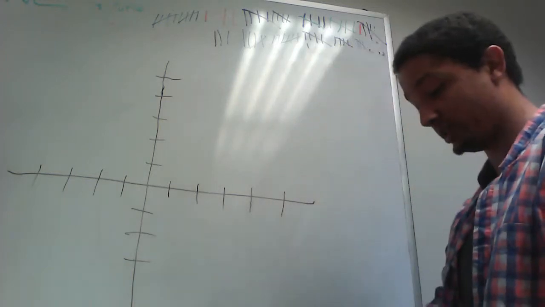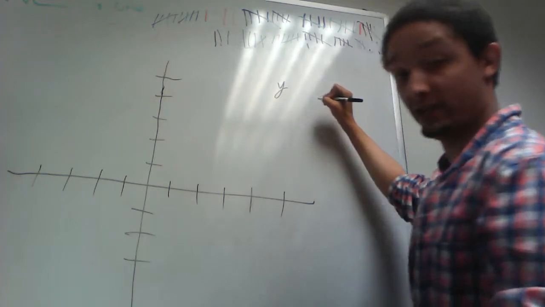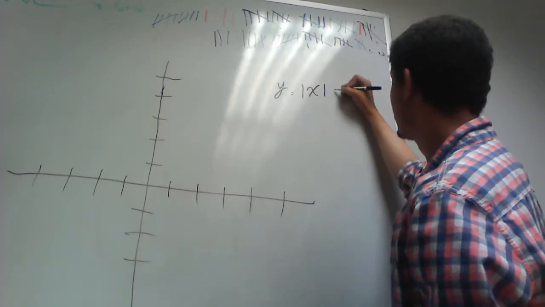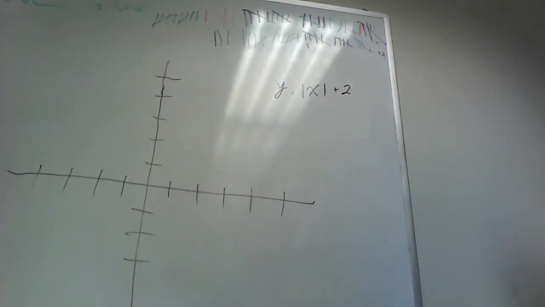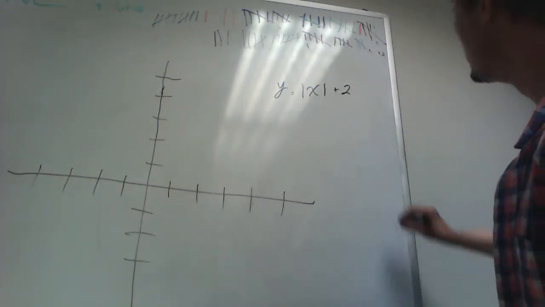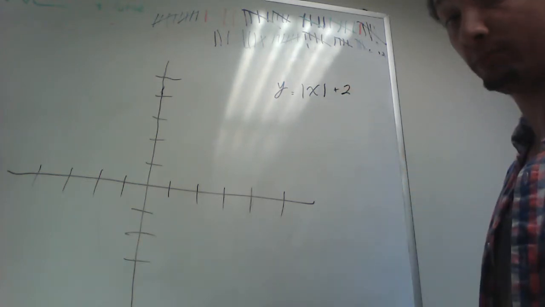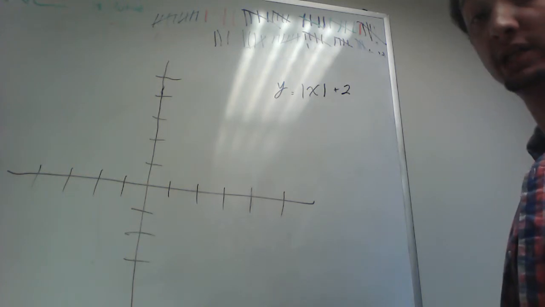Okay, so let's say you're being asked to graph one of these absolute value functions. Okay, so y equals the absolute value of x plus 2. Right? You can start by just plotting points, so be careful. I would start by choosing some negative values of x and some positive values